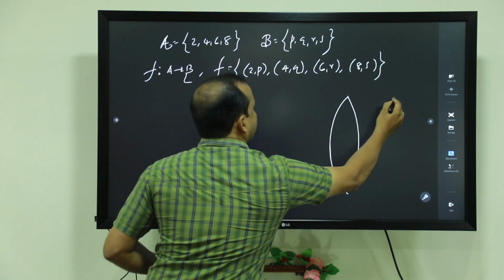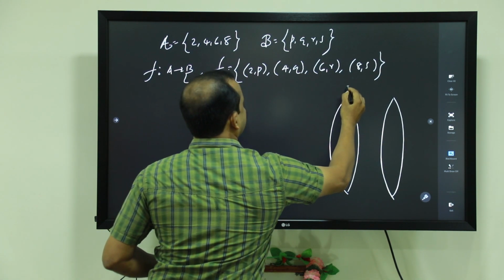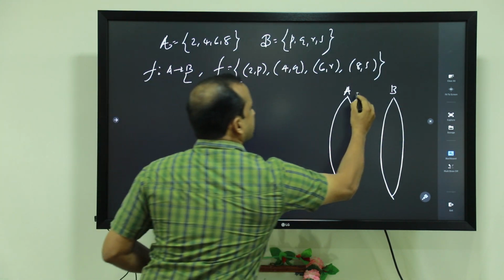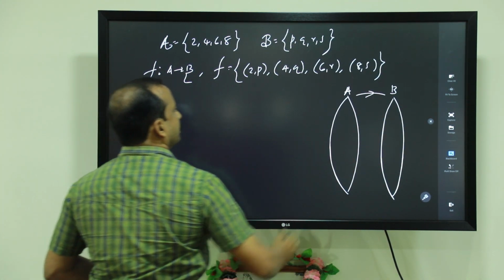Here, first of all, we form an arrow diagram. The first set is A, the second set is B, and this is our function f.